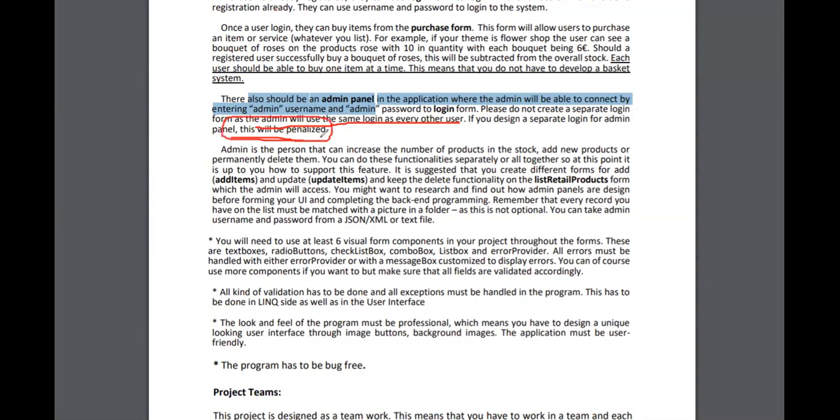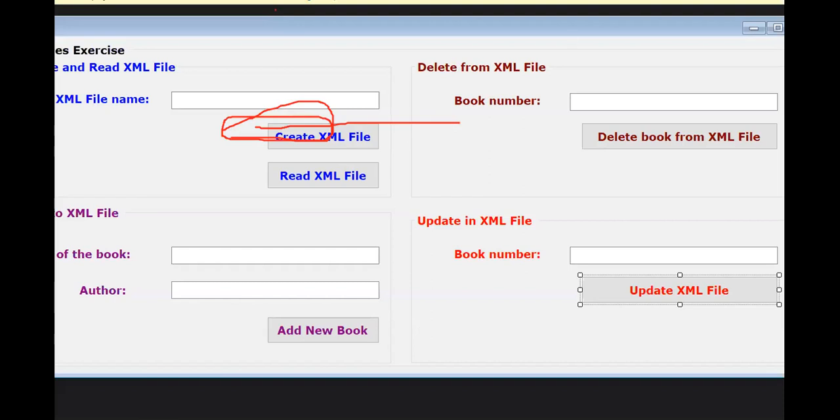It's already mentioned here. Admin is the person who can increase the number of products in the stock, add new items, or permanently delete them. Similar to the one that we did today, we were able to delete and update items. You can do this functionality separately or all together. So at this point, it is up to you. So you can do it like the way that I did today. I basically did them all in the same panel